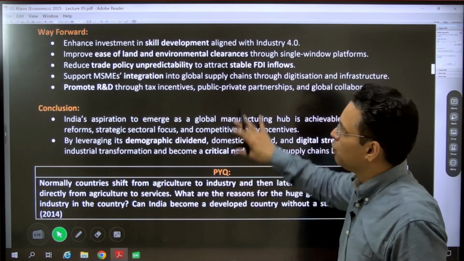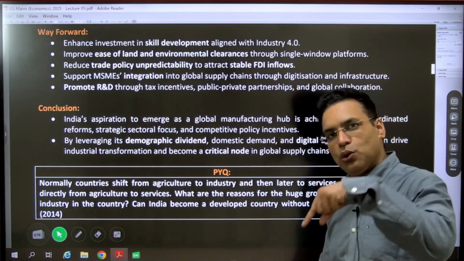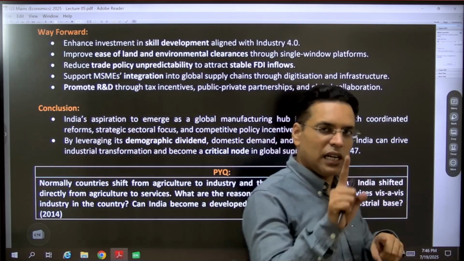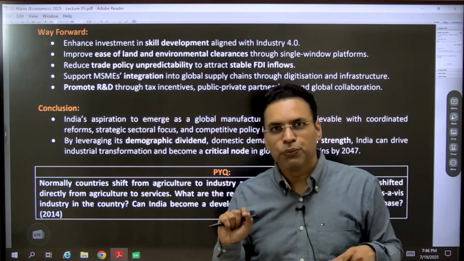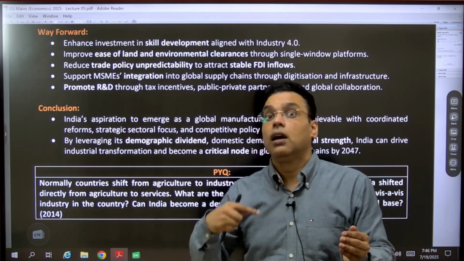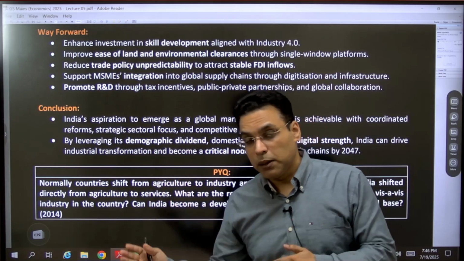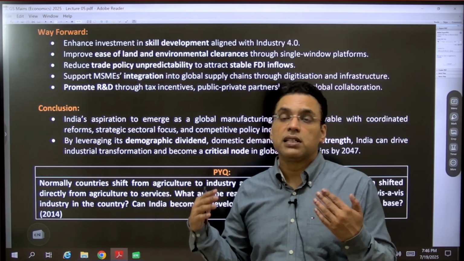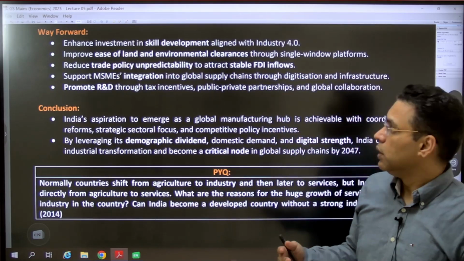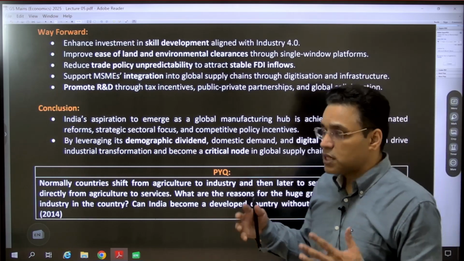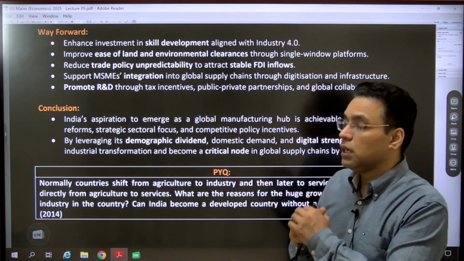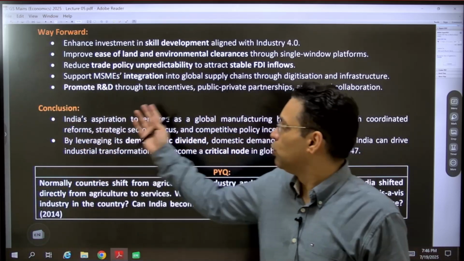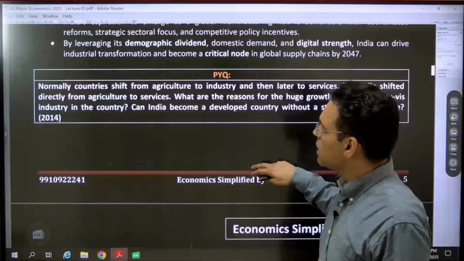Okay. So way forward again, the same. Problem का उल्टा solution होगा. Problem का उल्टा solution, one government scheme and data. Skill development, PM Kaushal Vikas Yojana 4.0. Poor infrastructure, opposite is PM Gati Shakti, National Infrastructure Pipeline, 111 lakh crore investment. Then land acquisition, so India is trying to streamline land laws, right? Then stable FDI के लिए predictable policy होना चाहिए. R&D, India में R&D investment is 0.7% of GDP, उसको बढ़ाना है तो promote R&D. So all these things are there.